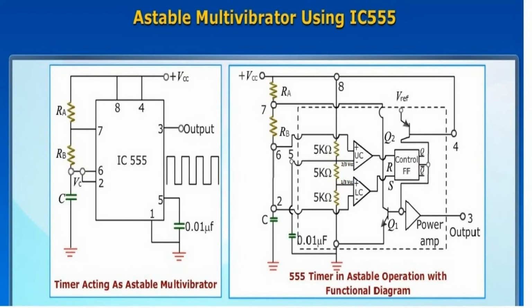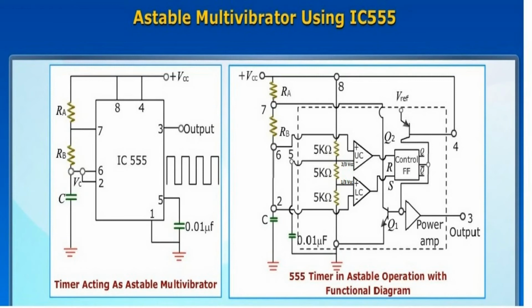The lower comparator positive terminal voltage is equal to 1 by 3 VCC, which is supplied by the voltage divider network. The negative terminal voltage is less than 1 by 3 VCC. It is supplied by the capacitor. Hence the lower comparator output goes to high, which is connected to the S input of the SR flip-flop. When S input of the SR flip-flop S equal to 1, in such a condition, the SR flip-flop output Q goes to 1 and the complement output Q bar goes to 0.